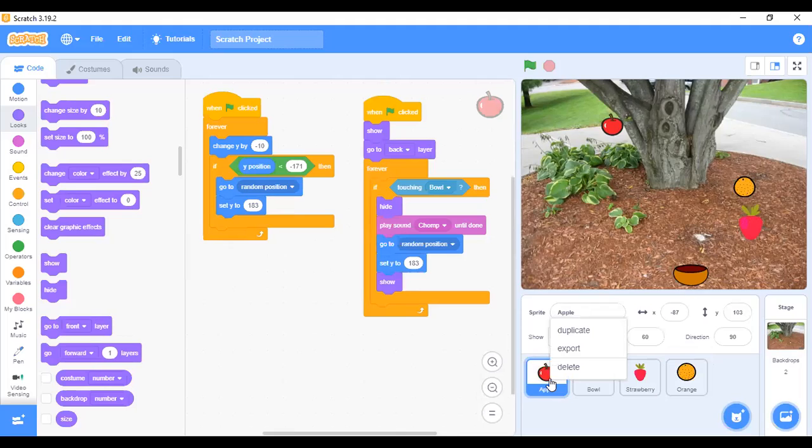What do you see? Check the speaker of your phone, of your laptop. You hear me. Just pay attention. The way I've duplicated this code, clicking on the duplicate to make it 2 into 2 here. Click on the sprite that you have here also. You have duplicate, export, and delete.